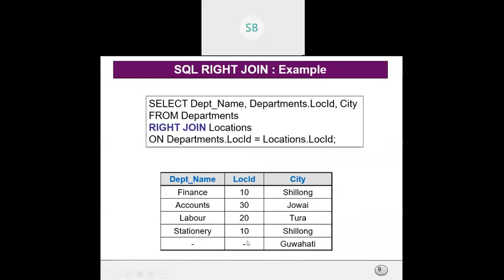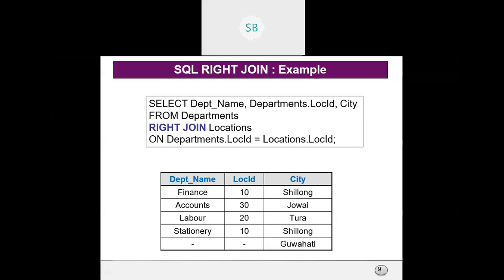The department name is null. Location ID is also null. That is not applicable, whatever you think. And the city, Guwahati, is appearing. Now, any confusion? Irrespective of whether there is a match or not, all the rows in the right hand side will appear in the table in the right join.